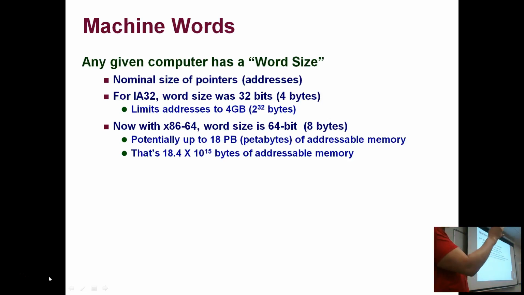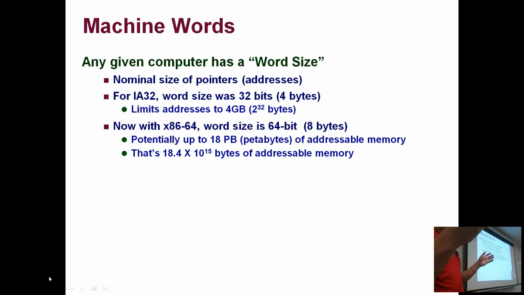And that determines the address size, because you need a certain amount of address space in order to address every single byte. So with 32-bit x86, the word size was 32 bits. That's what gives us this 32, or 4 bytes. So a pointer in IA32 is a 4-byte quantity, and this allows you, 4 bytes allows you to address 4